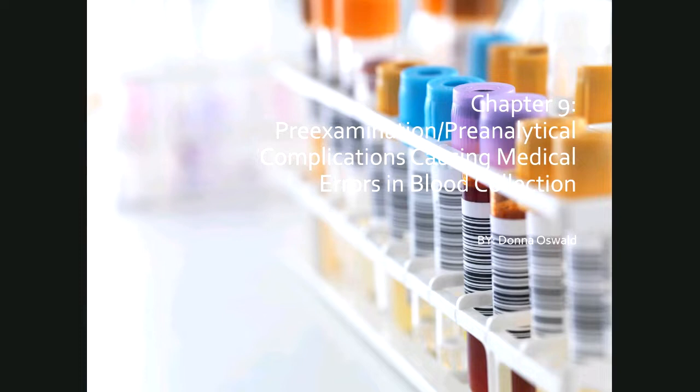In this chapter, we're going to describe the pre-analytical complications related to phlebotomy procedures and their impact on patient safety, explain how to prevent and handle complications in blood collection, list at least 5 factors about the patient's physical disposition or makeup that can affect blood collection, list examples of substances that could interfere in clinical analysis of blood constituents, describe how allergies, mastectomy, edema, and thrombus can affect blood